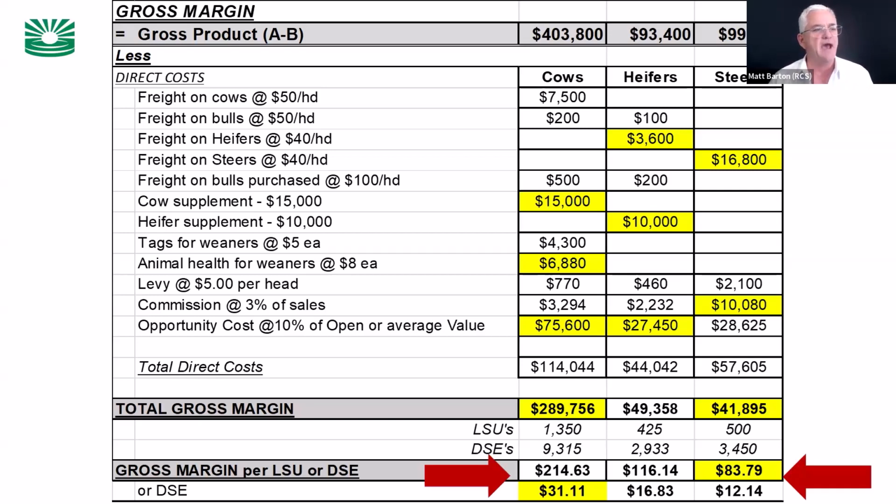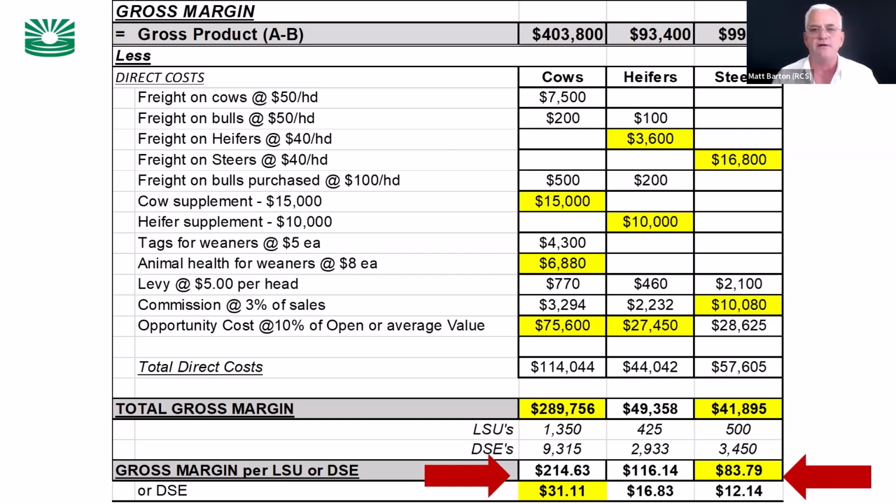In this, the cow breeding is returning twice the dollars per DSE as the heifers and steers. That might be reversed in other cases, but we need to know this type of stuff, and that's where the role of gross margins comes in. We've got to find those lazy enterprises. If we sold the heifers and steers at weaning, and then bought in PTIC heifers from the market to have replacements, then this business would be $150,000 better off, pretty much.